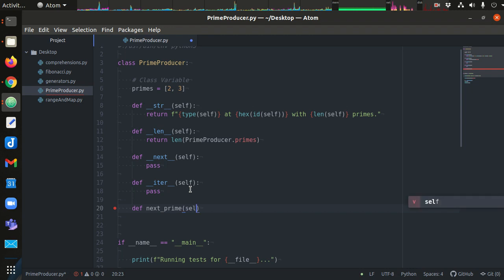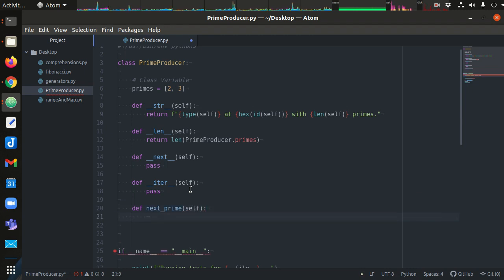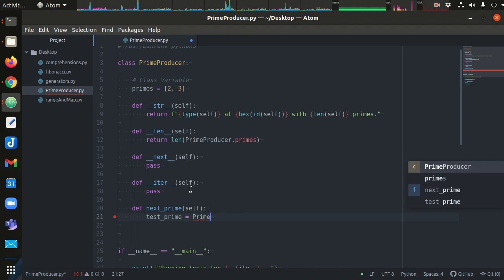And this is an instance method, so we'll add the self parameter. And so what we want to do is we want to have some sort of test prime number. And that test prime number, we're going to start with the last prime value we have. So that's PrimeProducer.primes. So again, this is the class variable primes, and we want to access the last item in the list. Okay, and to get the next prime, we simply say